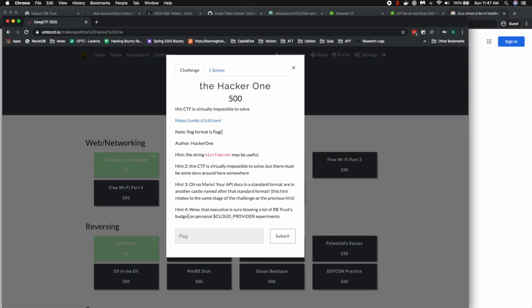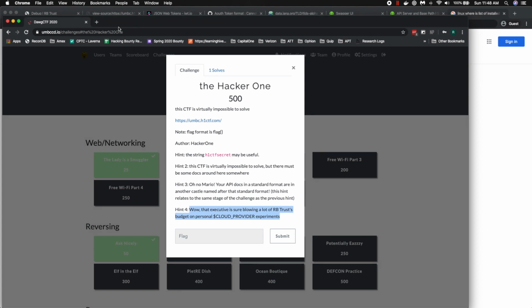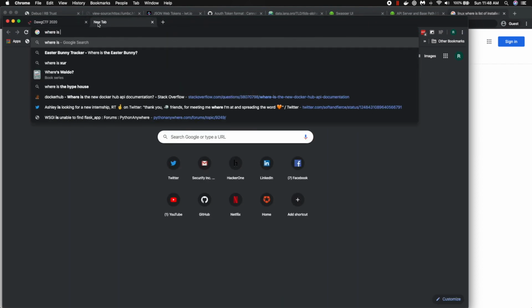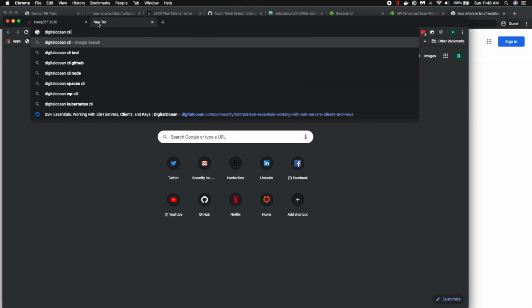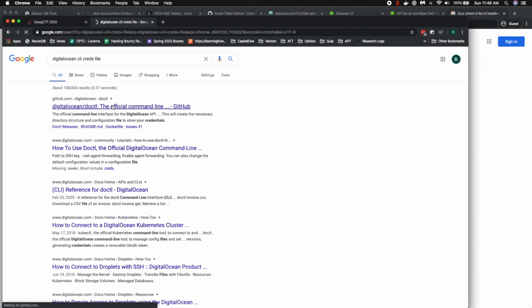There we go. So we're given a hint saying that the executive is still blowing a lot of arbitrage budget on personal cloud provider experiments. So cloud provider, there's DigitalOcean, there's Linode. I'm trying to think what could be used on the system for exploiting this. Oh, but where is that at actually? So, let's look it up. DigitalOcean CLI creds file. I'm trying to see if there's files for DigitalOcean and others